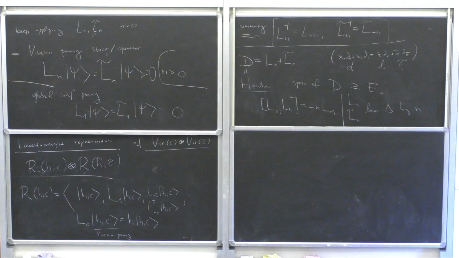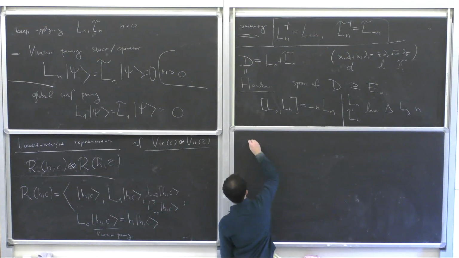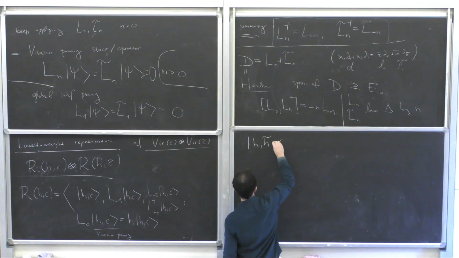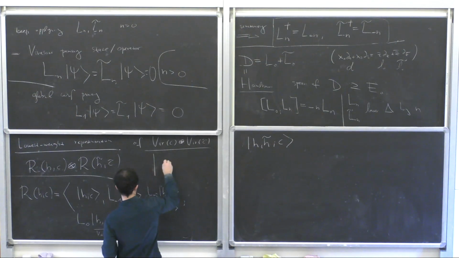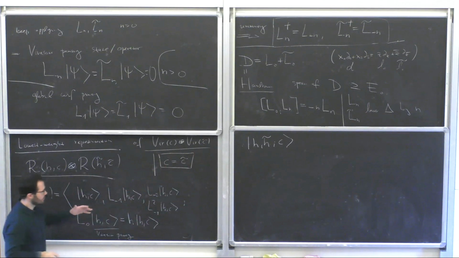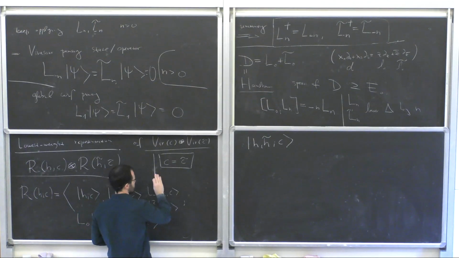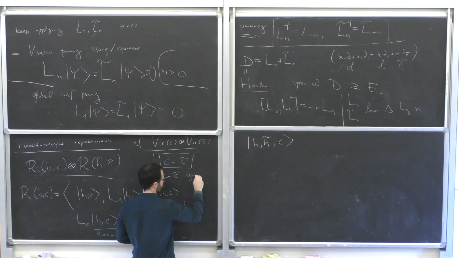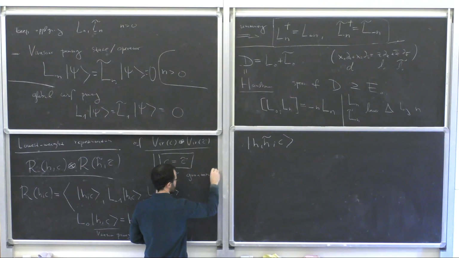So this HC, okay, let me use the shorthand notation H tilde. A few things. From now on, let's assume that C is equal to C tilde. This is not required if you want to define your theory in flat space, but if you want to define it on curved manifolds, it's necessary. If you want to read more about it, C minus C tilde is a gravitational anomaly. So if you have a theory that doesn't have C equal to C tilde, then that theory cannot be consistently coupled to gravity,